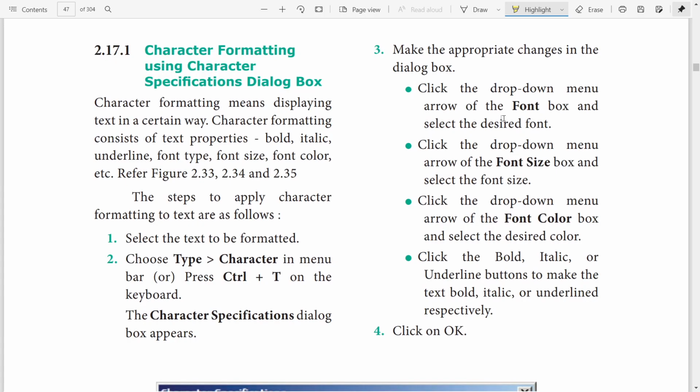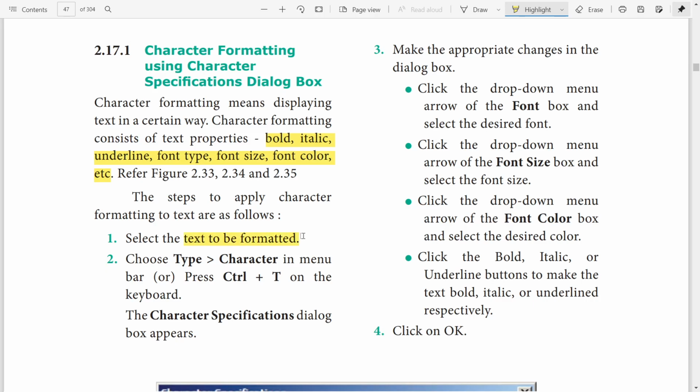First one, character formatting using the character specification dialog box. Character formatting means displaying text in a certain way. Character formatting consists of text properties: bold, italic, underline, font type, font size, font color, etc. The steps to apply character formatting to text are as follows.